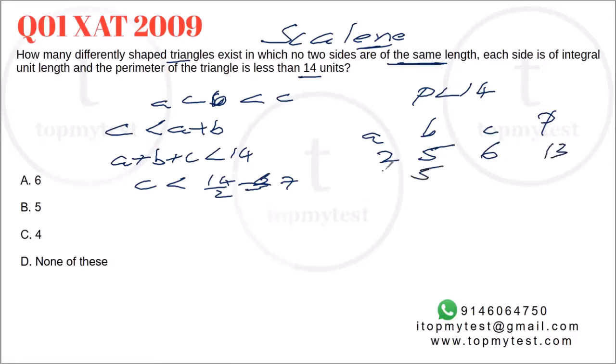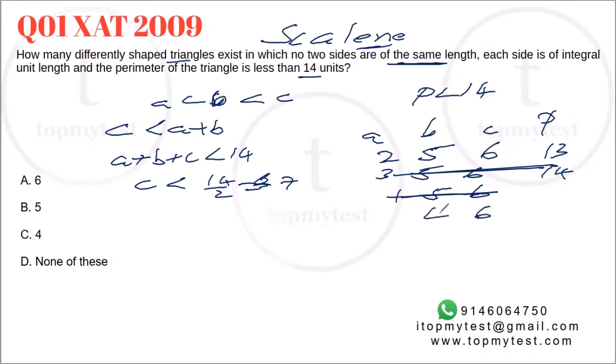Now 6, 5, 3, while it's a triangle, 6, 5, 3 is a possible triangle, right? But 6, 5, 3 will make the perimeter 14. So not possible. Same will be the problem with 6, 5, 4. What happens with 6, 5, 1? 6, 5, 1 will not be a triangle because 1 plus 5 equals 6. This will not be a triangle at all. So with 6 and 5, this will be a possibility.